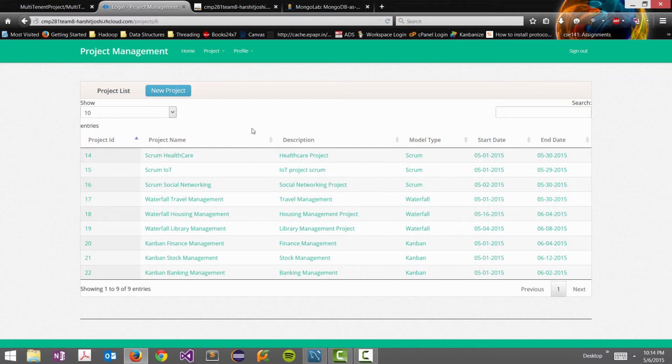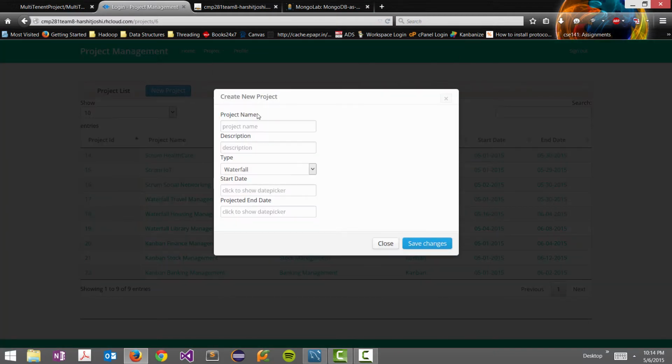So as you can see on this page, all the projects created by this particular user are displayed. The user can create three kinds of projects in this application: waterfall, Scrum, and Kanban. So on a new project screen, a user will define the project name, project description, the type of project. For example, we are taking a project of type Scrum over here,